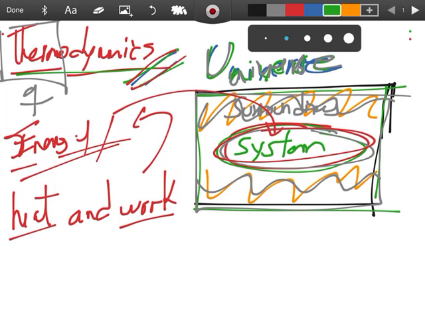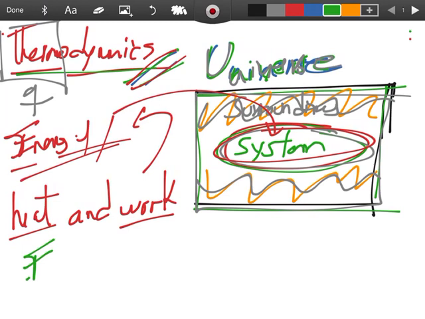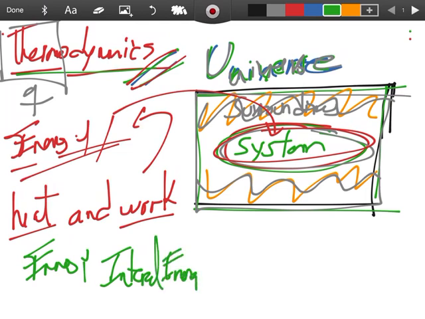So I'm going to call energy, actually, the internal energy of the system, which is nothing but the proper energy that the system has. And I'm going to depict this as just a capital U. Okay, and heat, well, we're going to use the letter that we've been using for a while.